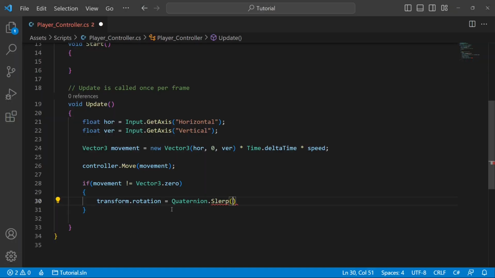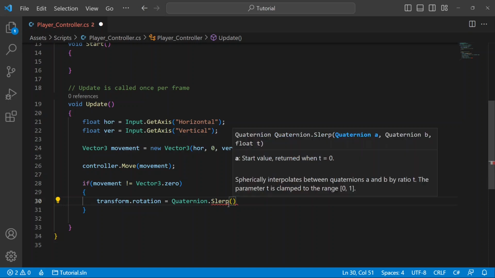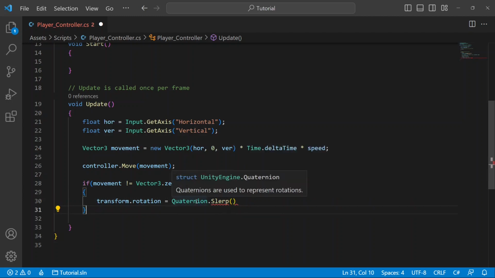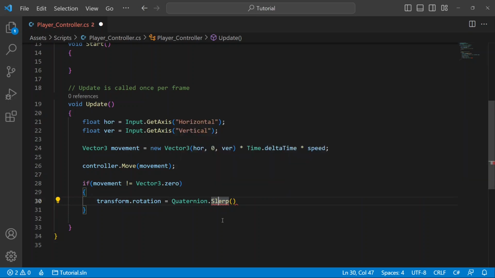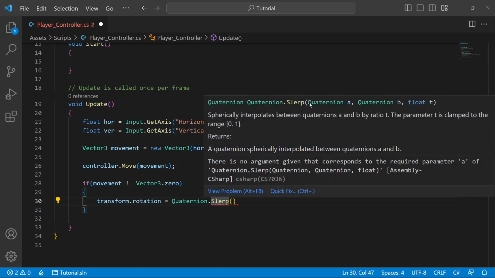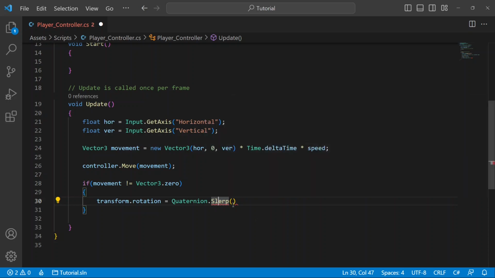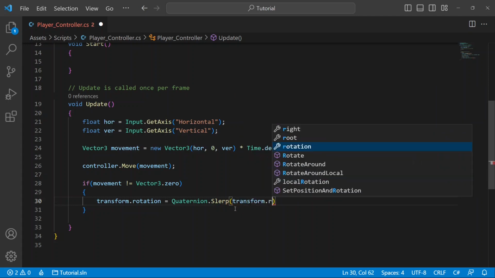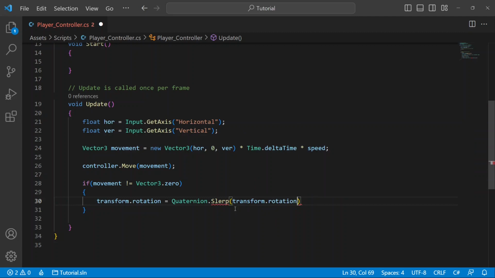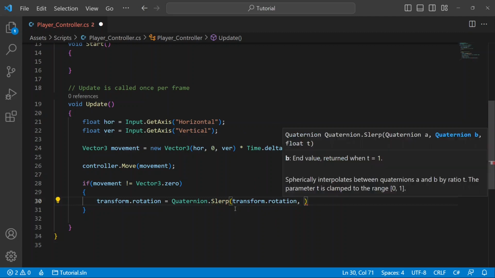Slerp. So we have to give it values. When you are going to give some input, the code editor will show how it should be done. When you hover the mouse over here, you can see how this should be done. So you have to use quaternion A, quaternion B. So we have to give two values for this Slerp function. The first one is going to be transform dot rotation. This is the first value, and the next value is going to be